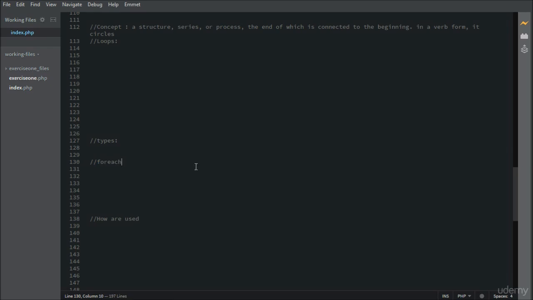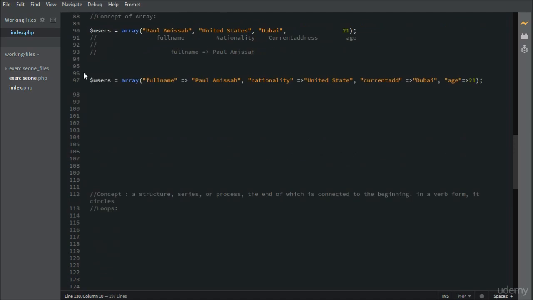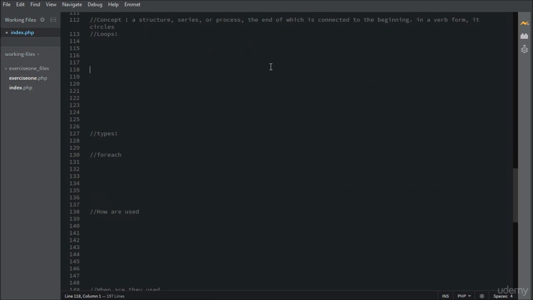Now I think I've got an array here. Yes, we created an array here. Now let me bring this down here. All right, so this is an array called users, and this array has key values here. The keys are full name, nationality,